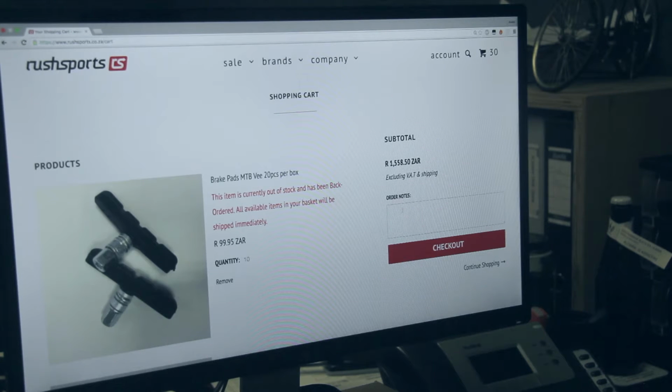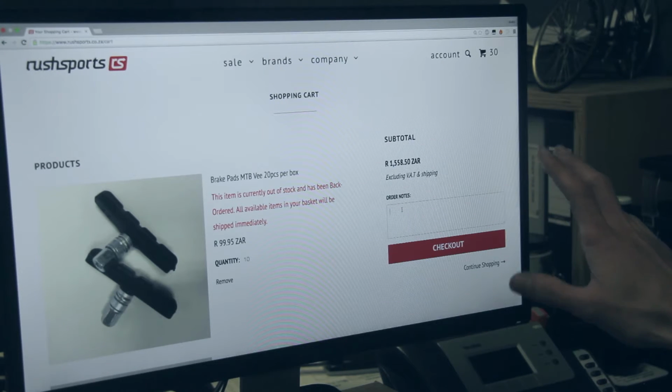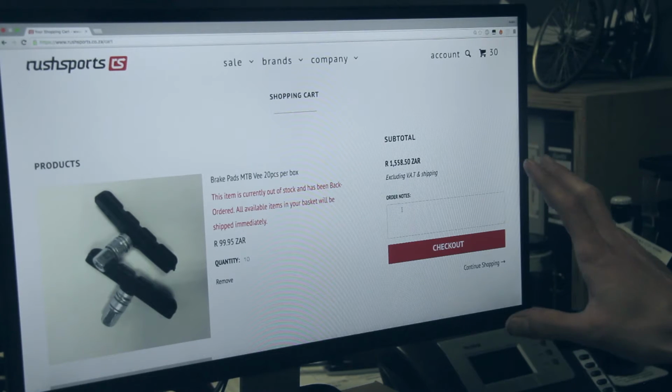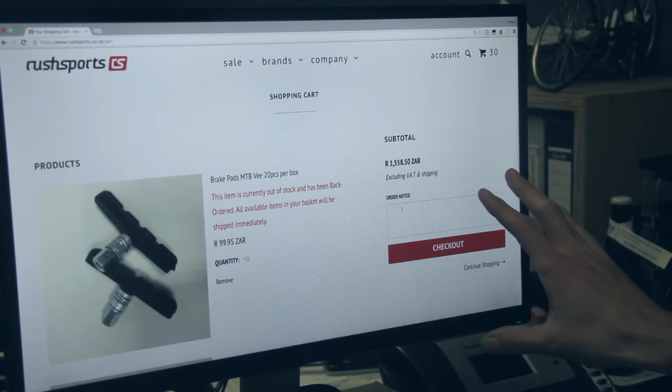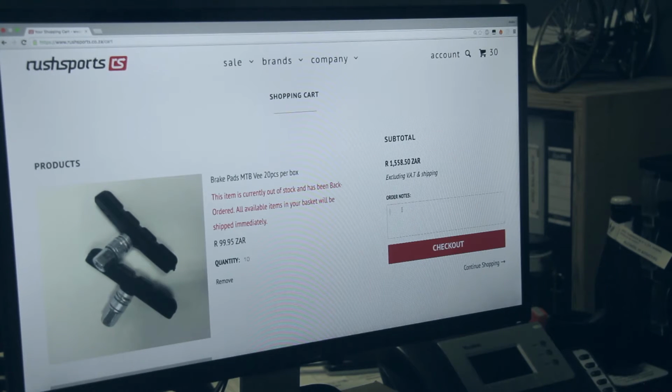Moving on from that, we've got a little box where you can add notes. This is a great place where you can send messages to our staff. For example, if you want the order to ship on a specific day or time, or if you want it to ship to a specific address for stores that have one or more delivery addresses, this is the place where you need to put that. Shops that need purchase order references, again, if you just put a note for us there saying, please use purchase order number 1234,